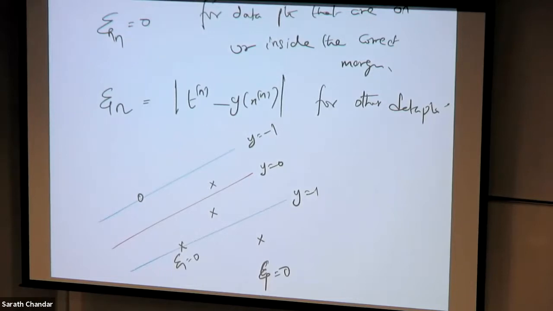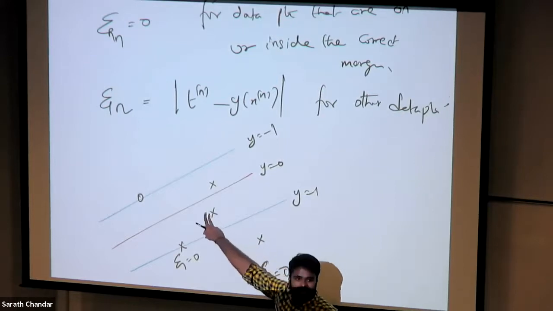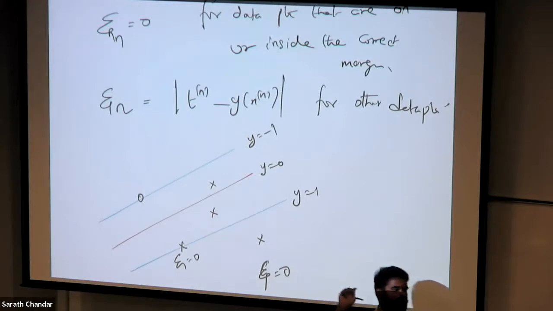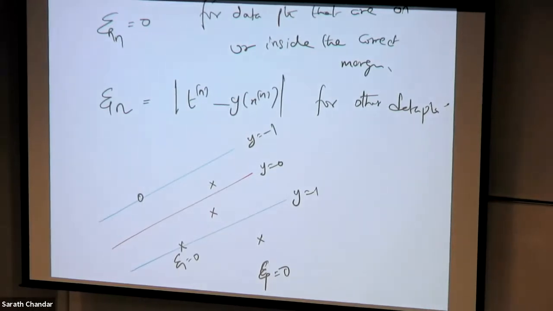Okay, now remember that this data point is still correctly classified because it is on the right side of the red line, right? However, it is outside the margin. So it's going to have some slack value, but this slack value epsilon is going to be less than 1. Anything above the red line are serious mistakes, or mistakes in general, so this epsilon is going to be greater than 1. Now this epsilon value is going to increase as the data point is too far away.